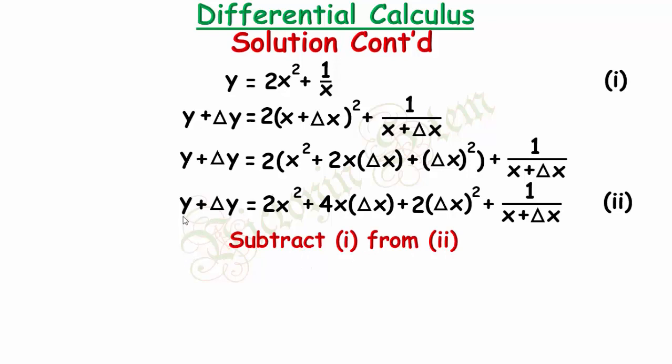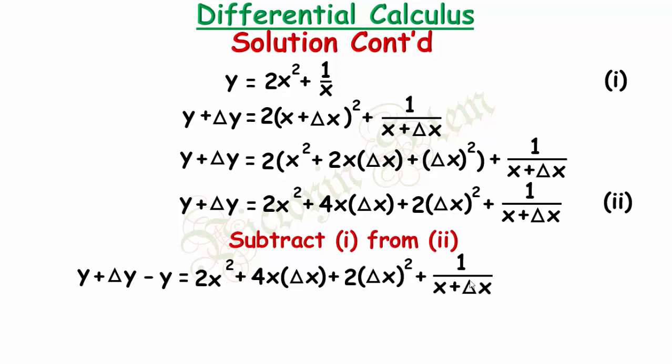So the left hand side of equation 2, y plus delta y, minus the left hand side of equation 1, equals the right hand side of equation 2 minus the right hand side of equation 1. And so looking at the left hand side of this equation, we can see that y can cancel y, so that y minus y is 0, and then we'll be left with delta y equals this fraction